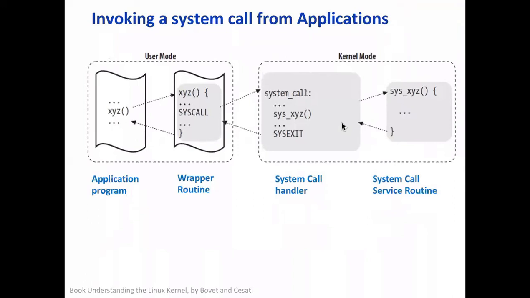Okay, all right. This is an example I have taken from the Linux book by Bovet and Cesati. Basically the same concept is shown here. In user mode, a user may use some function, for example in a shell, like cp, copying one file to another, or reading a file, which can be part of a user program.